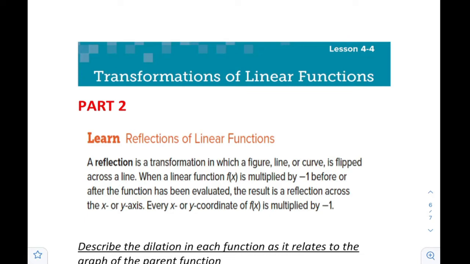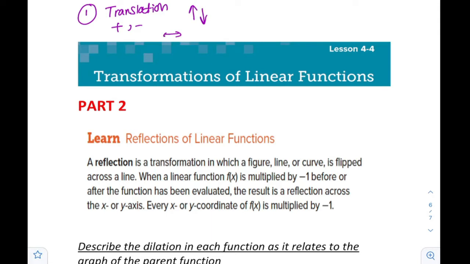In the previous video we discussed two types of transformation. The first one was translation. And it was done by adding or subtracting, and it is usually either vertical translation up, down, or horizontal